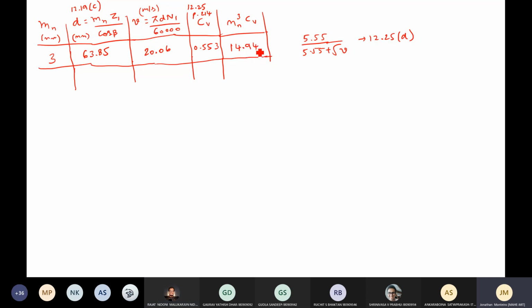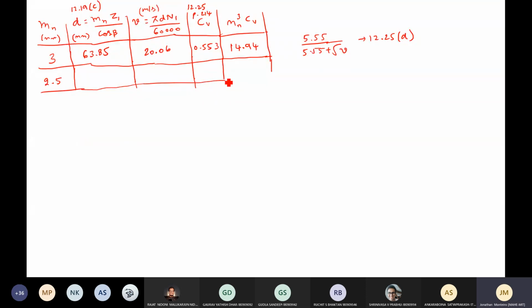I think I've taken the entire calculator value, but this is of no problem. You're getting 14.9. Now, this is already overtaking what we require, right? 9.37. So let us go to one more value, whether it is possible. Say 2 is not possible, but you have one more intermediate value, which is 2.5, which is also of preference 1. 2 definitely not possible.